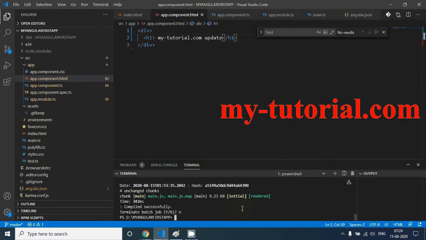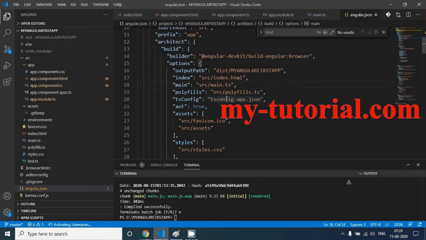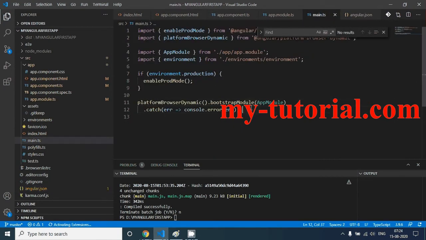So let's revisit all the folders once again. What happens when our Angular application gets executed, when we execute a command for running our application, is that it will look into the angular.json file, and it will look into this entry point. It will look here in the main property. In the main, inside the src folder, we have main.ts. So from angular.json, it will come to main.ts, and in the main.ts, it has platformBrowserDynamic().bootstrapModule. So it will bootstrap, it will execute this module.